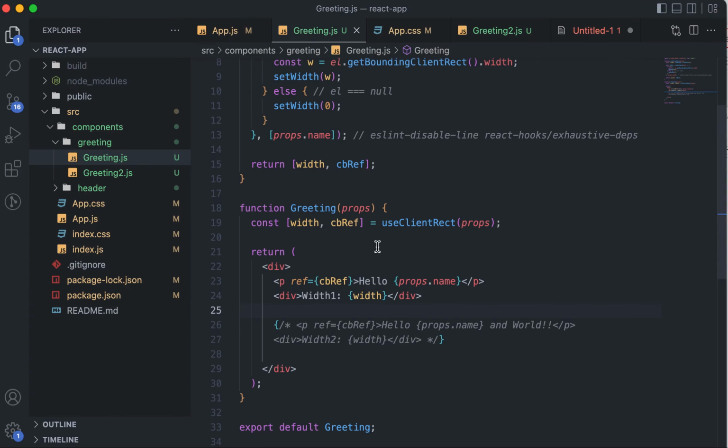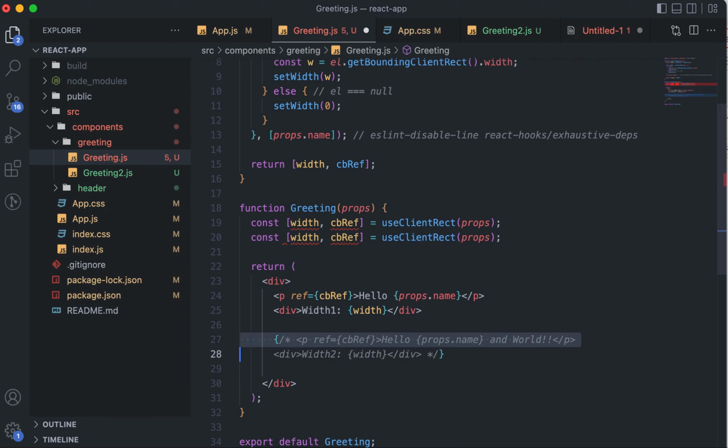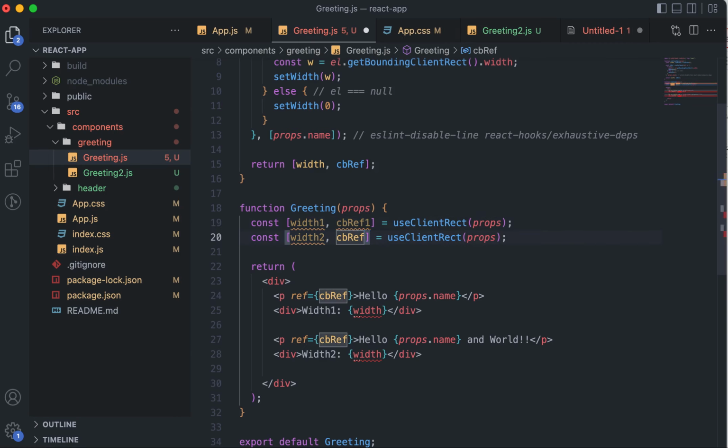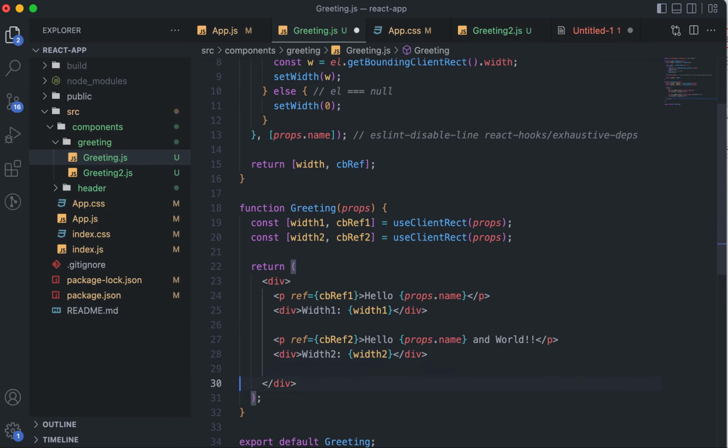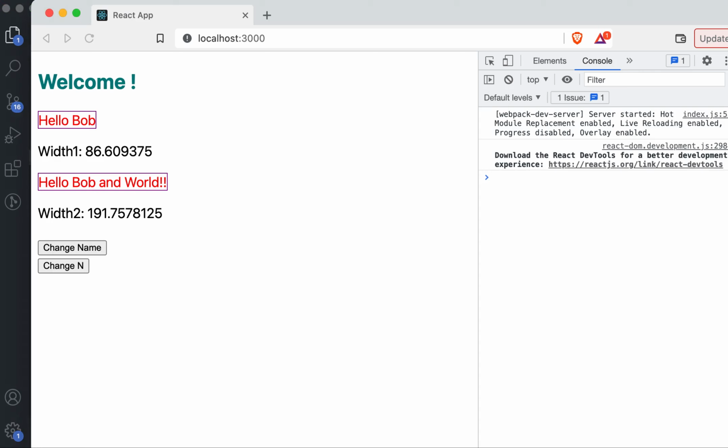Yeah, but now what's the advantage? The advantage is that I can just duplicate it and use it again. So I'll use something like, let's say this is width1, this is width2, cbRef1, cbRef2, whatever I can use, right? So 1 1, 2 2. Okay, and now you will see that these two are completely different,